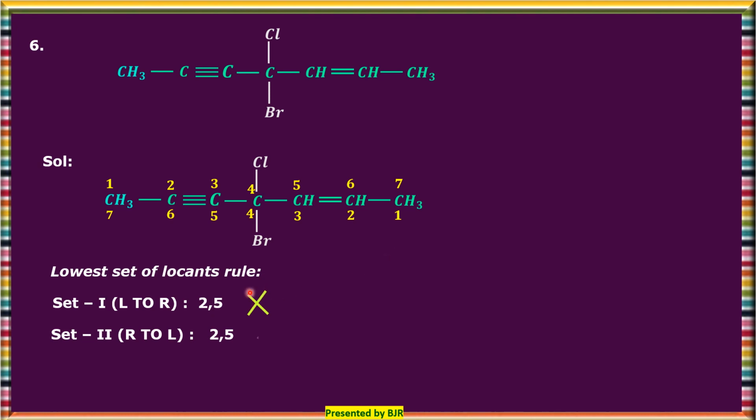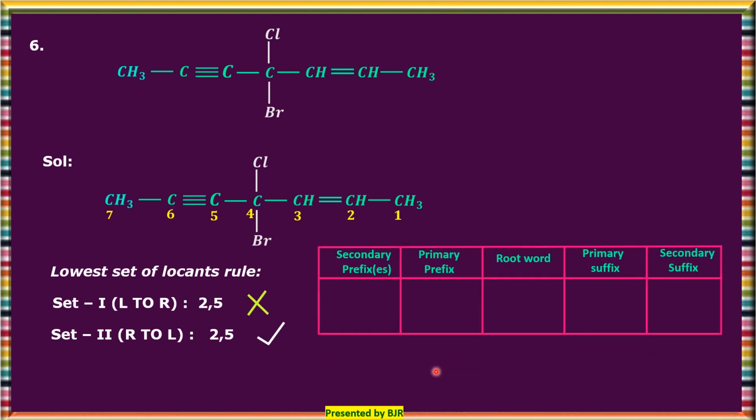This way of numbering is wrong, and this one is the correct numbering. Okay. Root word. This carbon chain contains 7 carbon atoms. So it is hept, primary suffix en, yn, secondary suffix e,